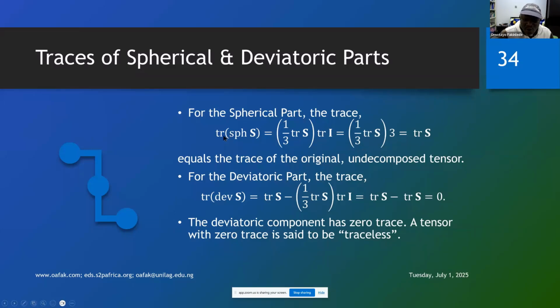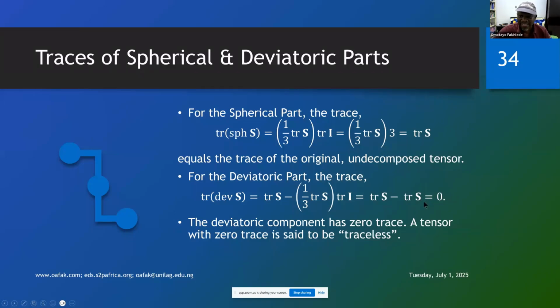So when you have a tensor and you have broken it into 2 parts, the spherical part and the deviatoric part, what you get at the end of the day, the trace of that spherical part is the same thing as the trace of the tensor itself. Then what happens to the deviatoric part? What is its trace? The trace of the deviatoric part is 0. And we have shown it here, because the deviatoric part is just S minus the spherical part. If you take the trace, you see that it is the trace of S,